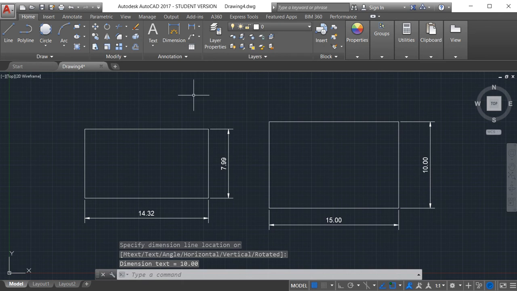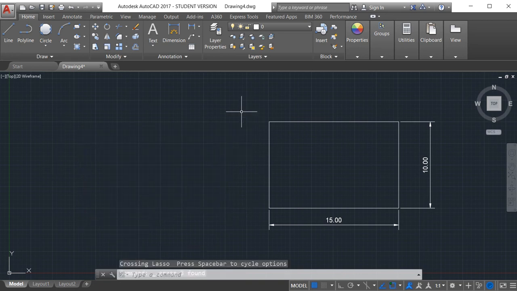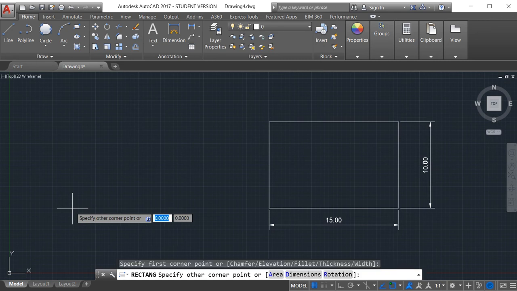Now we can also draw by using area. First I will delete this rectangle, press delete. Now I am going to draw a rectangle by using area and length. Specify the first point and then choose area.